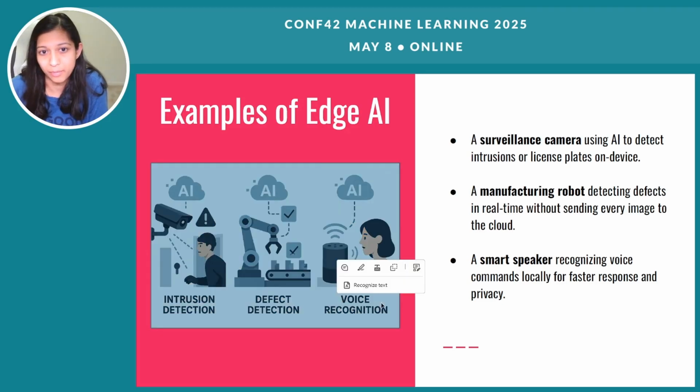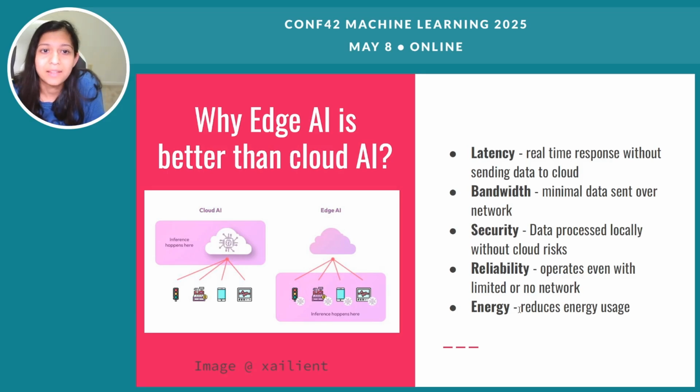The next topic is why edge is better than cloud. Now we are moving AI inferencing to the edge, so how much better is it? In the cloud, the inferencing happens in the cloud; in the edge, it happens in the device itself. What is the big advantage? The first advantage is latency, as we have seen, because you get a real-time response as the data is generated and the inferencing is done. It also reduces bandwidth, because you are not sending a lot of data to the cloud. There is minimal data being processed as well as sent to the cloud.